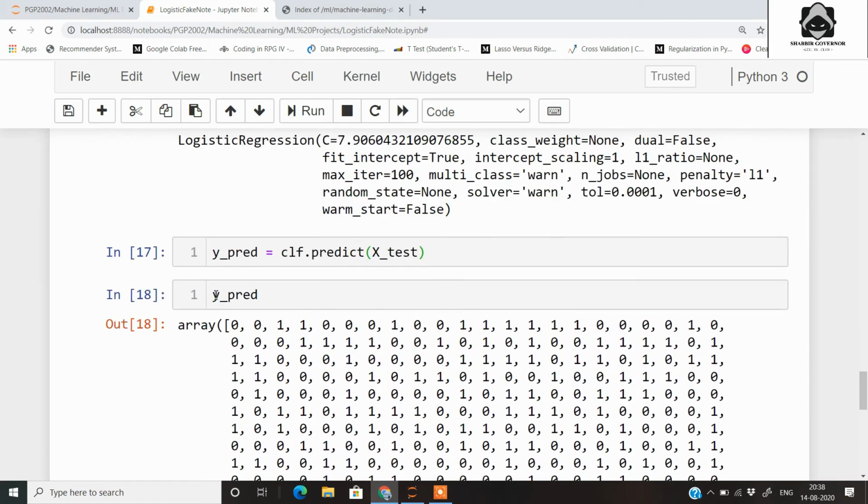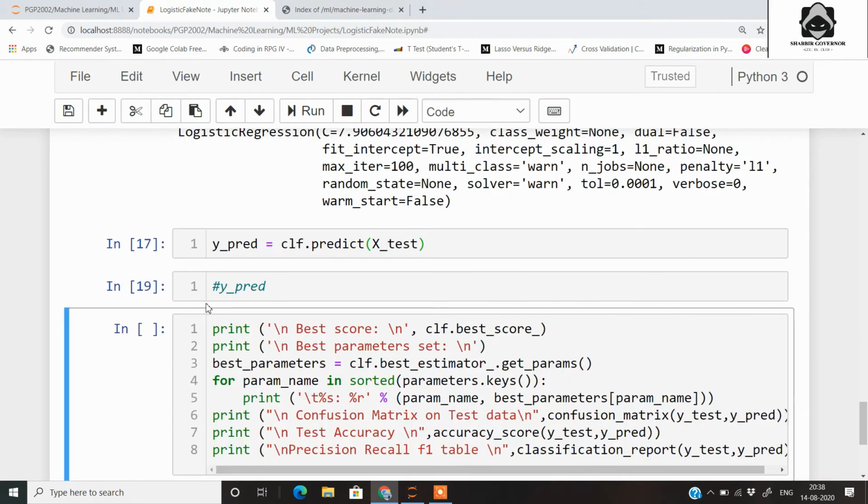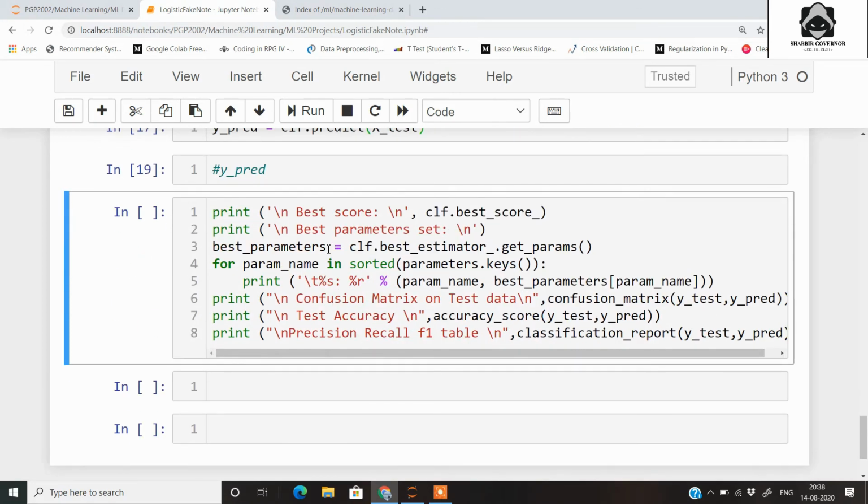So let's check for the accuracy of our prediction on the testing dataset that we have got using this model. First we have the best score here. Besides that, we have the best parameters and we will be printing the confusion matrix. In a while I will tell you about the confusion matrix, the accuracy score and the classification report. But first let us run this part.